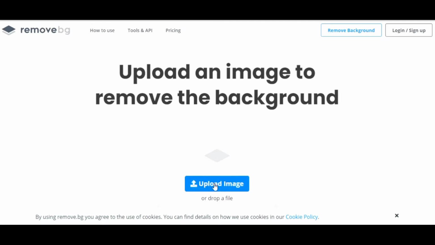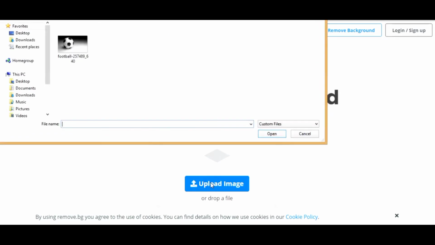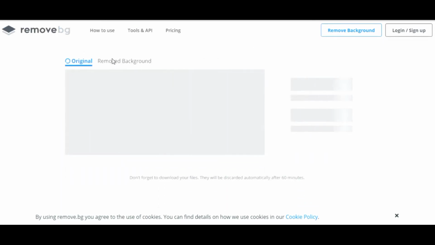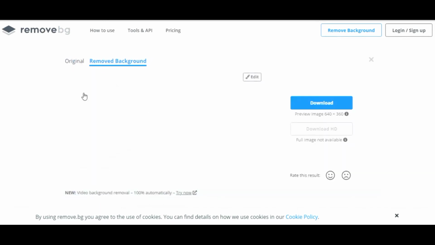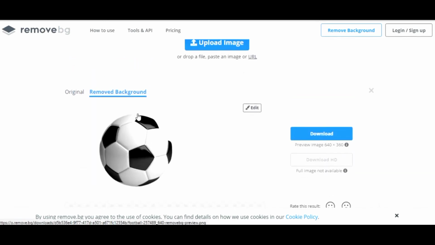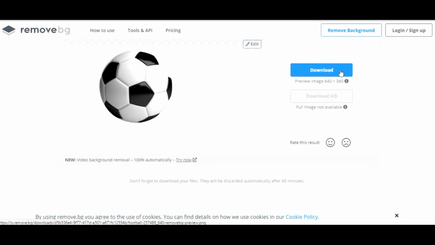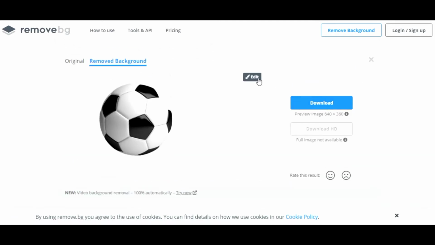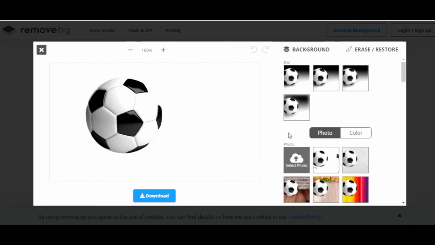Let's try it once. Just click to upload images and select this image as a sample. Just wait for a while and you can see that the image background is already removed. So you can download this image from this download button, and also you can check out some of the background